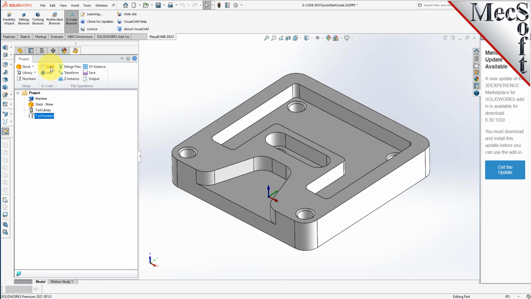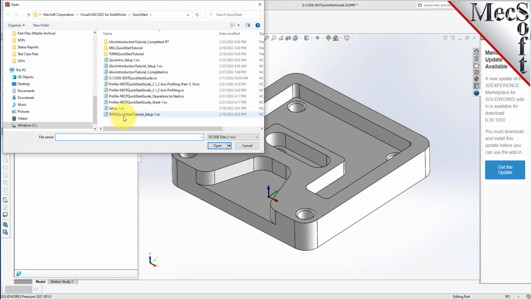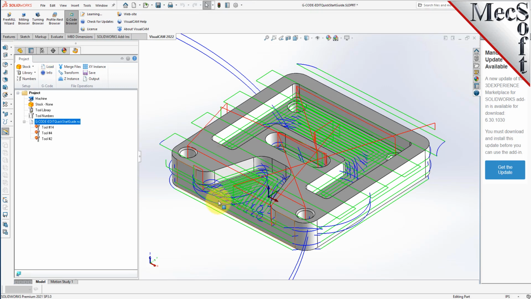So we'll pick load, and we'll go to the Quick Start installation folder, and we'll select the G-Code file called G-Code Editor Quick Start Guide.nc. Okay, so what you see now in the graphic screen, you see that the G-Code in this G-Code file is displayed graphically on the screen. And also in the project tree, you see that the G-Code Editor Quick Start Guide.nc file was loaded into the